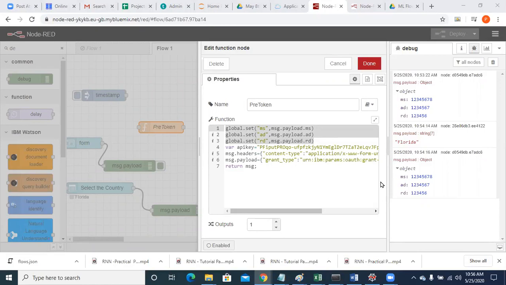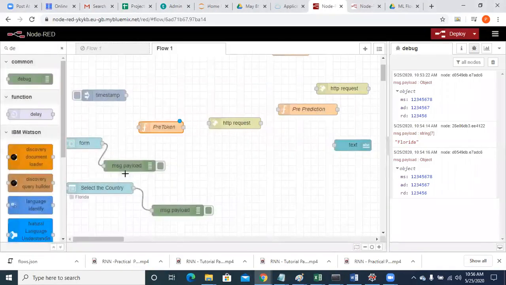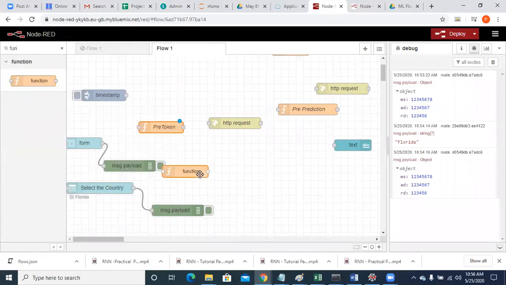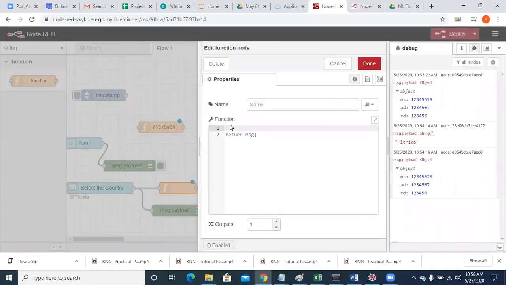Done till here, guys? So here also I am creating a function. To this what I am doing is global.set s, message.payload.